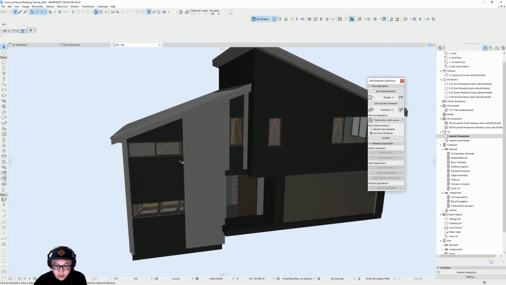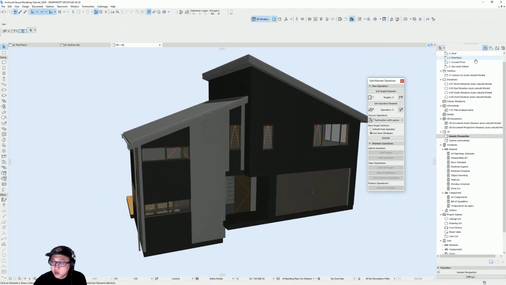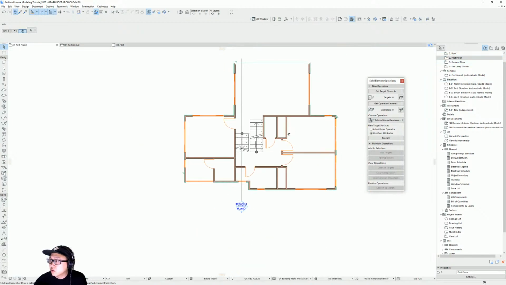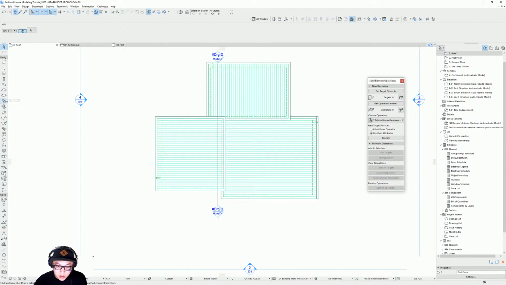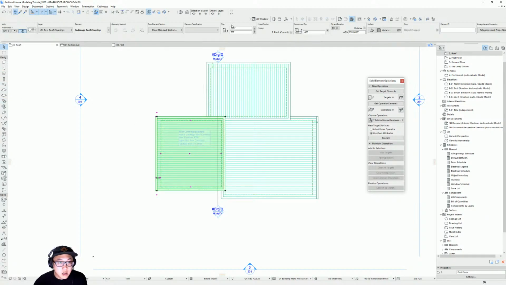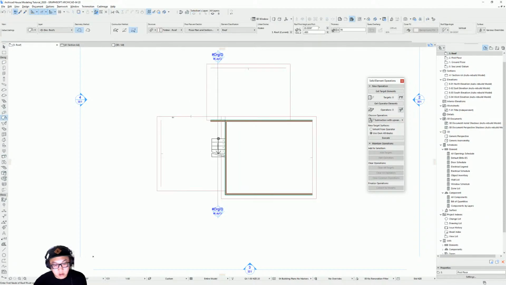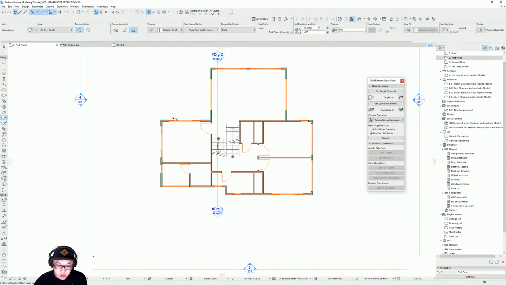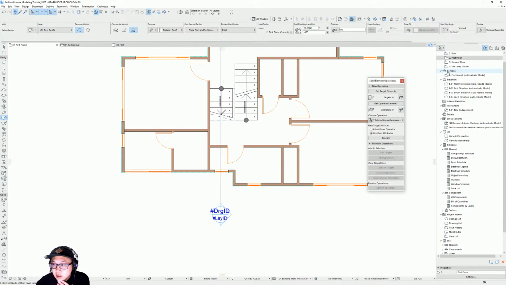Oh, I just realized I forgot to put a roof on this one. And we're gonna do that quickly. So I'm just gonna go back to the first floor and go back up. Select the roof covering. I'm just gonna hide it so I can just absorb the properties of that roof so they're all the same. I'm gonna go back to the level below, and here I'm gonna use the ground floor as reference